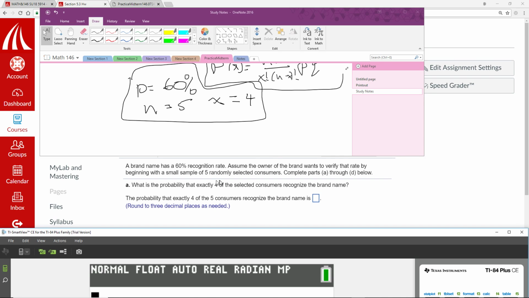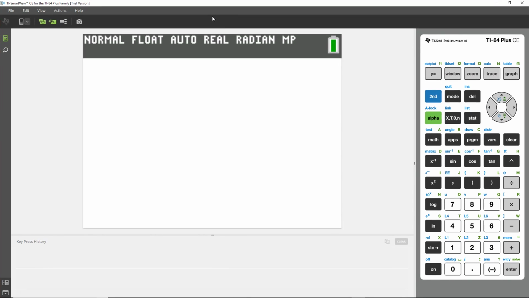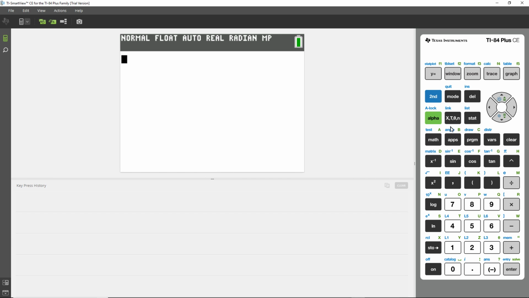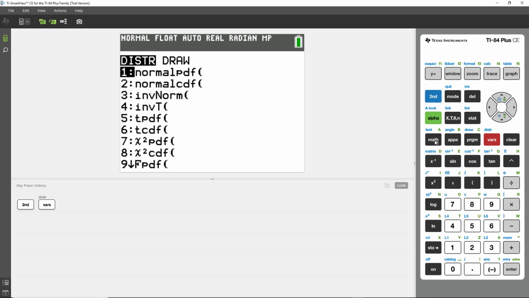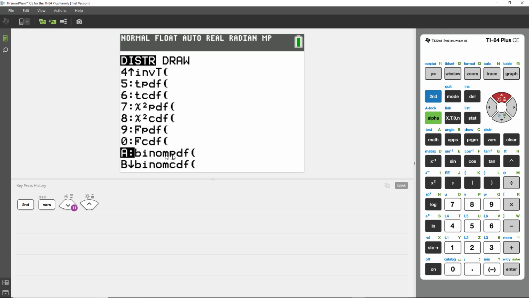Alright, in this case it's at least 4. Or no, it's actually exactly 4. So I'll show you the exact commands you do to handle this problem. You go into second, distribute. You go all the way down to A, binomial PDF. This is the one where you want the exact amount. Like if you have a group, you know the success rate or the probability, and you want the probability of an exact number, not less than, not greater than, but exact. You use binomial PDF,